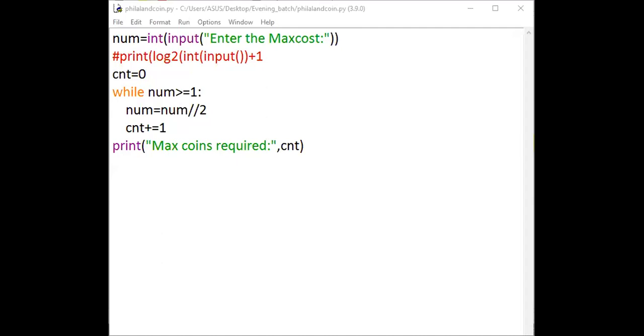So are you people aware of dynamic programming, or is this the first time you're hearing about it? Dynamic programming? No. Yeah, this is the first time you people are hearing. Okay, fine. So I'll just give you a small intro about dynamic programming today. By tomorrow, you can start working on it.